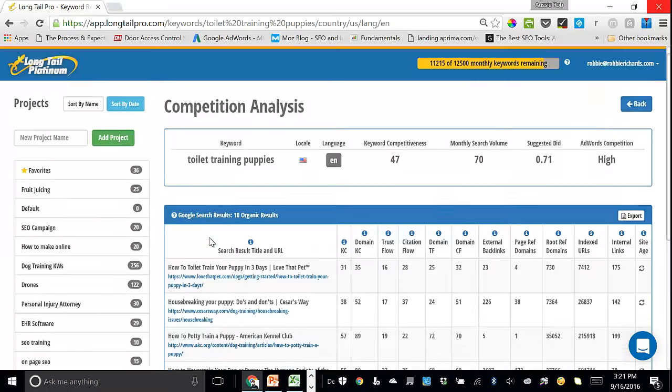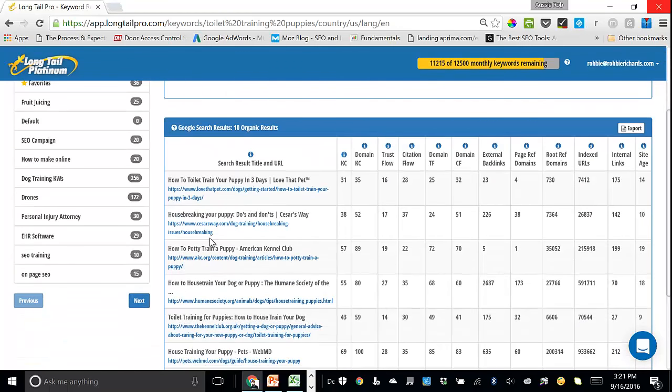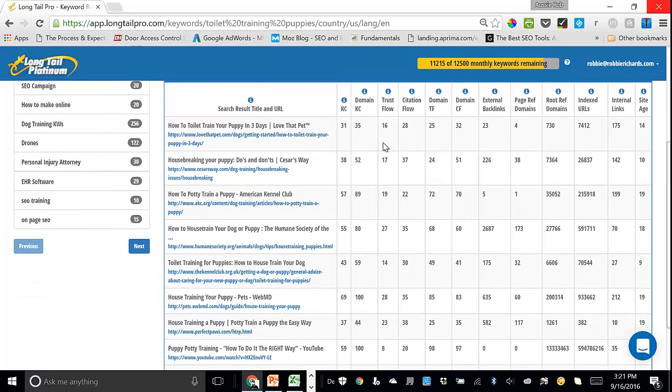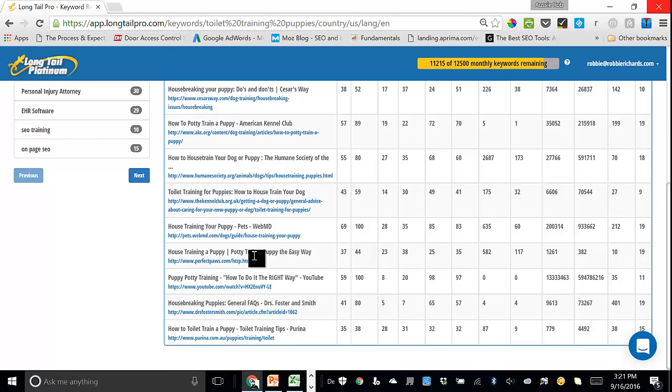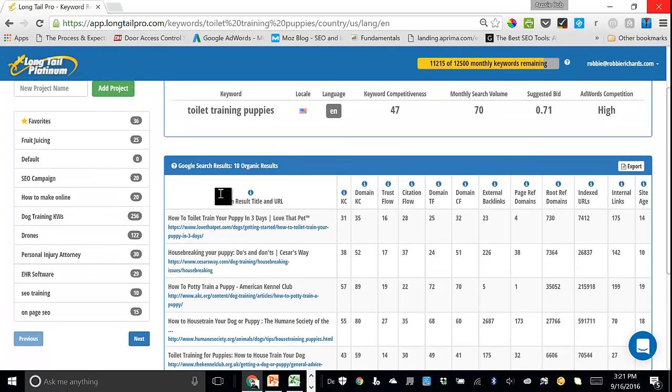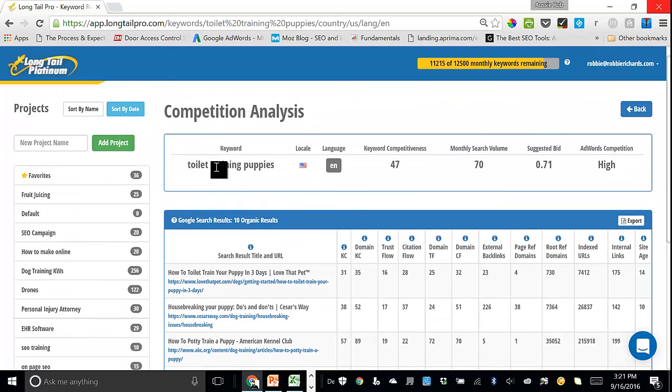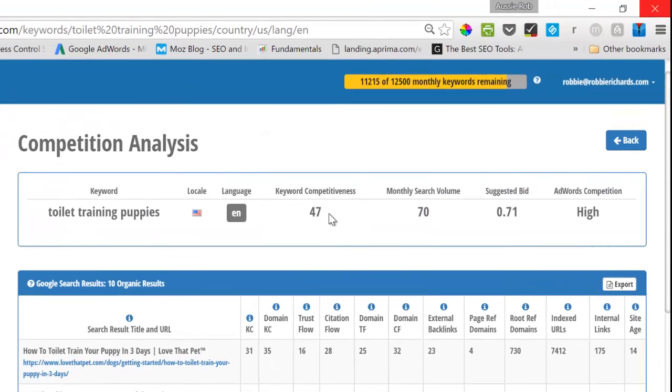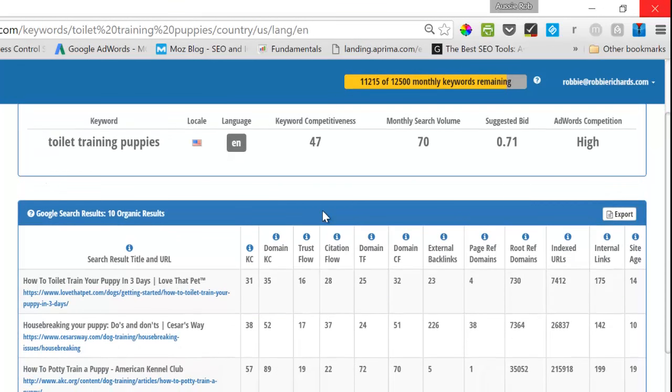So when we click on a keyword from this table, it allows us to drill down further and look at a bunch of really helpful SEO metrics for that particular keyword. Now you'll notice that we can see the top 10 search results in here for this particular keyword, toilet training puppies. You can see that it actually is fairly competitive. It's a 47. So a brand new site, I would not recommend going for something with a keyword competitiveness level